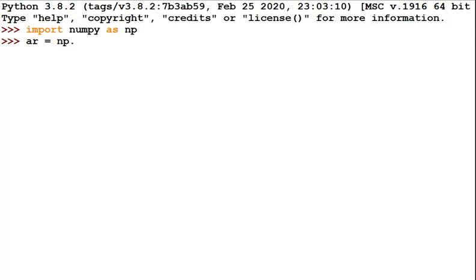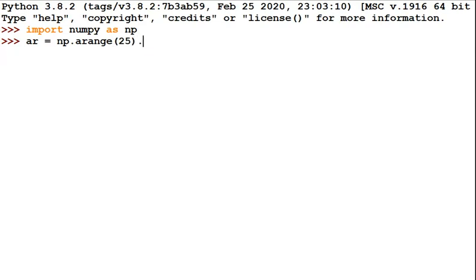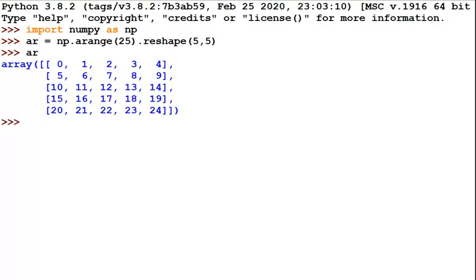So np.arange, and I'm using 25, dot reshape 5 by 5. Okay, the array is here.